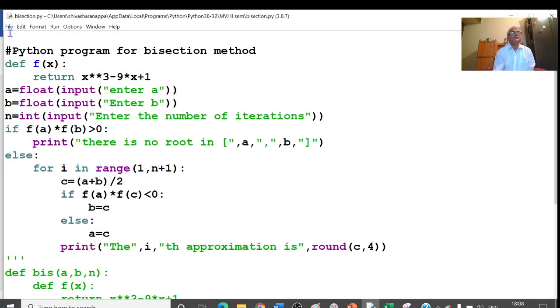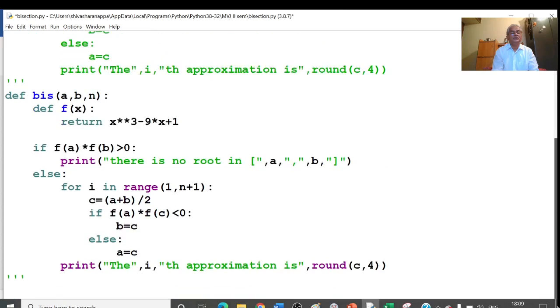Instead of this, I can write the program like this also. I will make this a comment block. To make a comment block, we have to put 3 single quotes above, and below also I have to put 3 quotes. Then definitely the color of these lines will change. It is converted into all green color. Let's remove this.